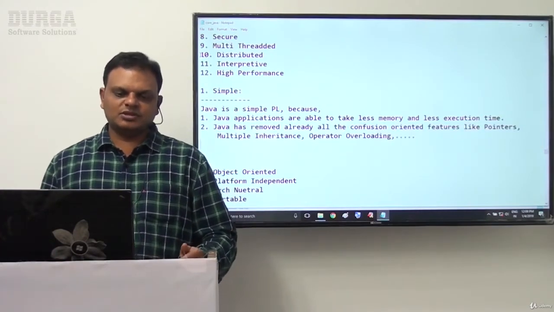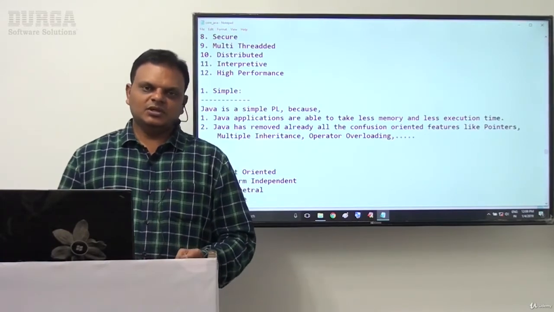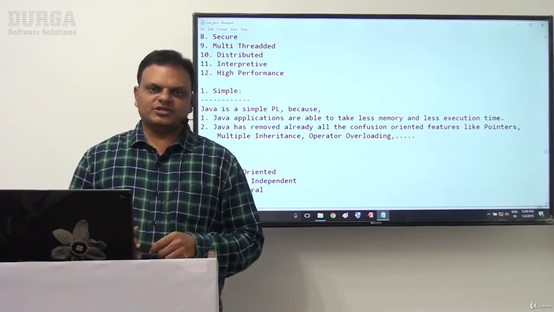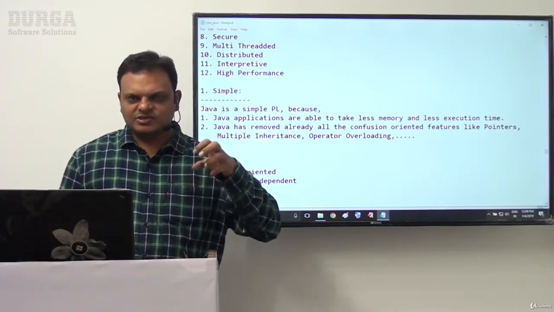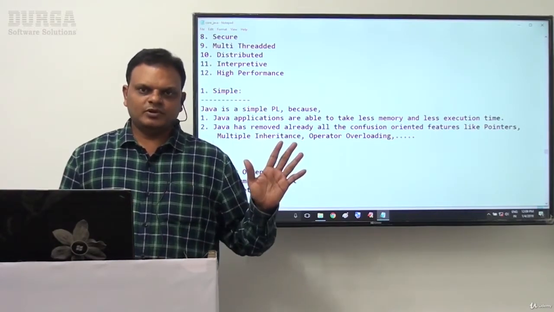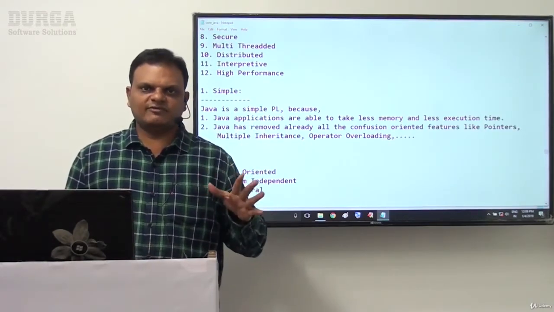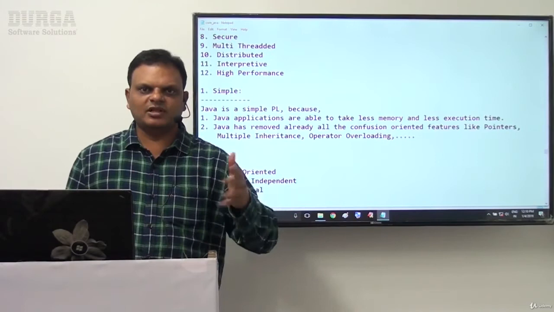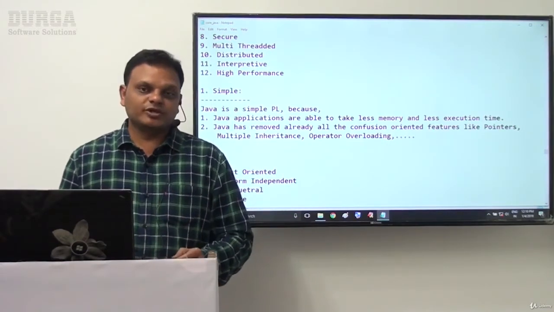Good. Now this is another reason. Reason number 3, you can understand it. Out of all the programming languages, C programming language syntaxes are very simple. No other programming language syntaxes are that simple. Good. But what is Java doing now?